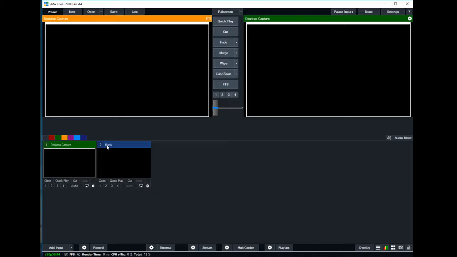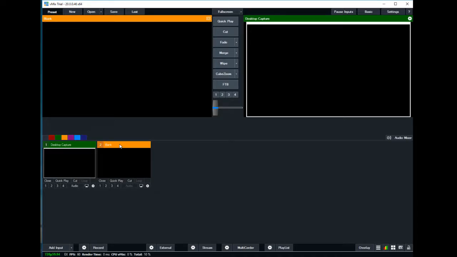An input is like something that would be the foundation of a scene, like a camera or a video. So at the very bottom left, hit add input,